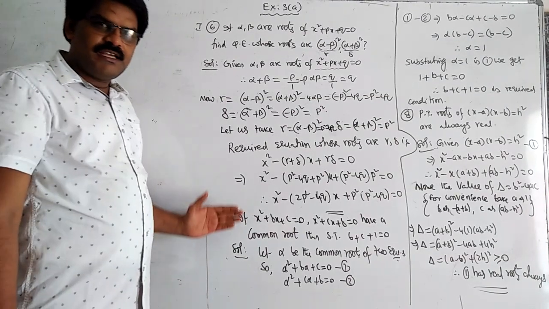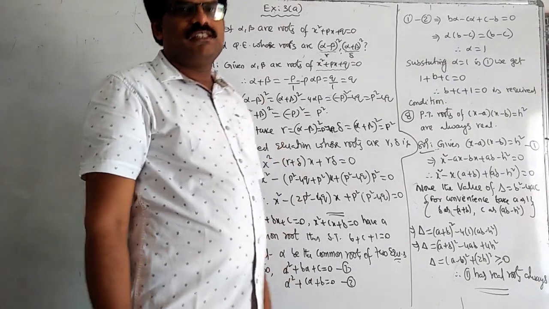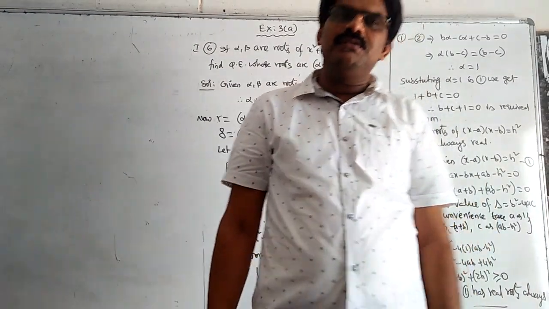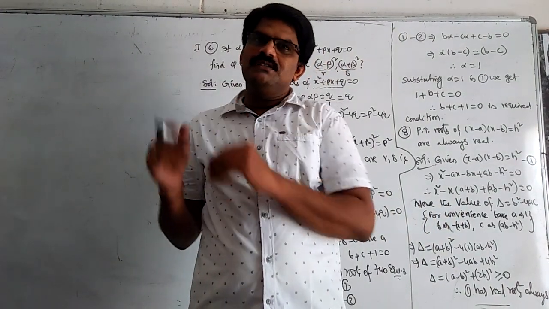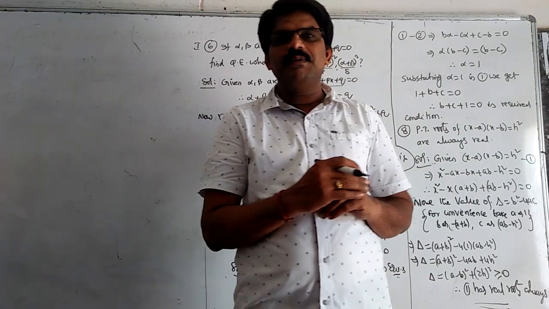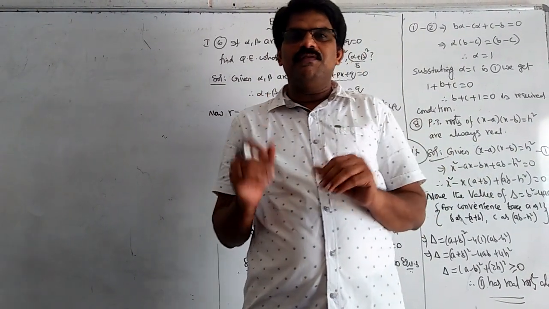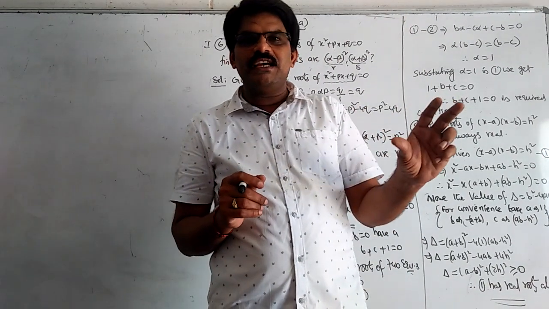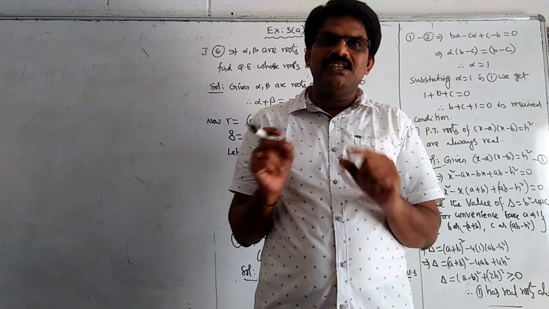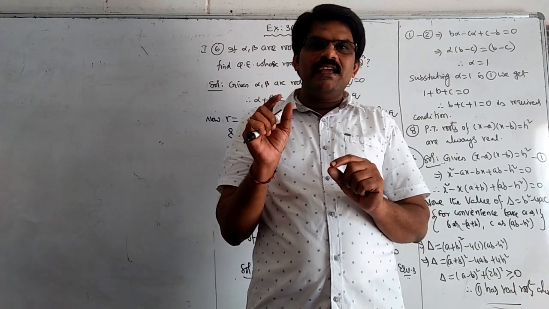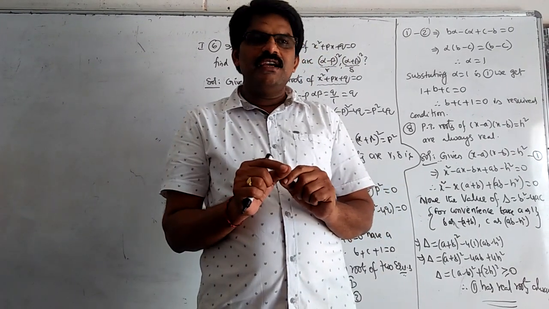So now coming to the seventh problem. What is the seventh problem? Given there are two equations which are having a common root. So when one quadratic equation is given, it represents two roots. If another quadratic equation is given, it represents another two roots. Here it is given that one root is common in both the quadratic equations. Suppose a quadratic equation has roots as 1 and 3 and another one has 3 and 5. The common root is 3. So when 3 is a root, then 3 must satisfy the quadratic equation.